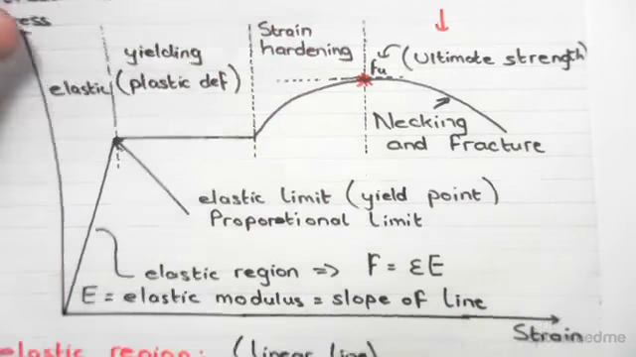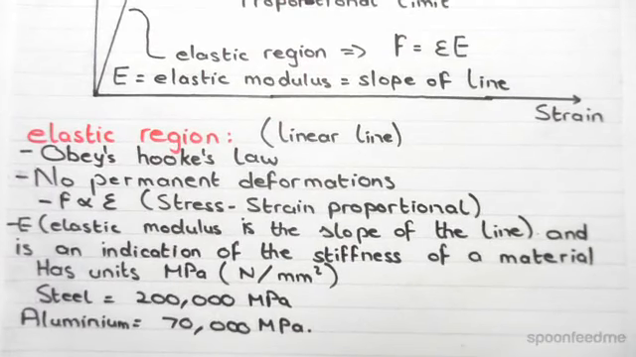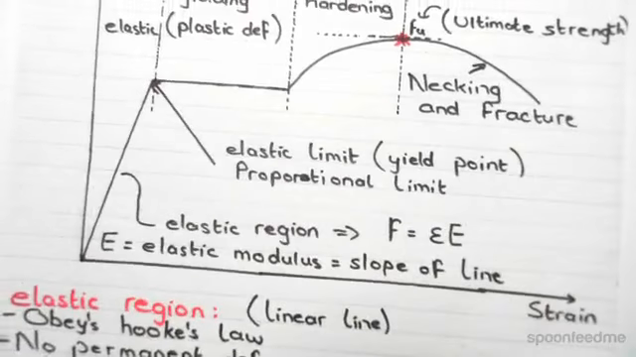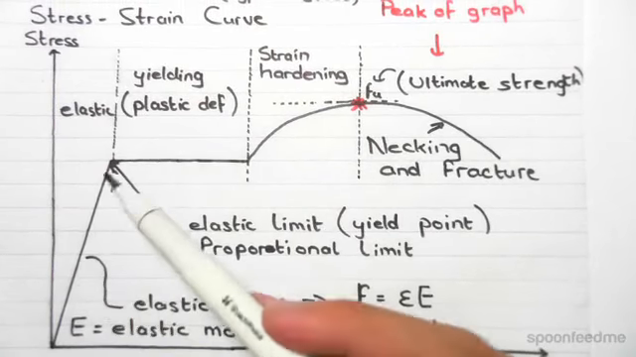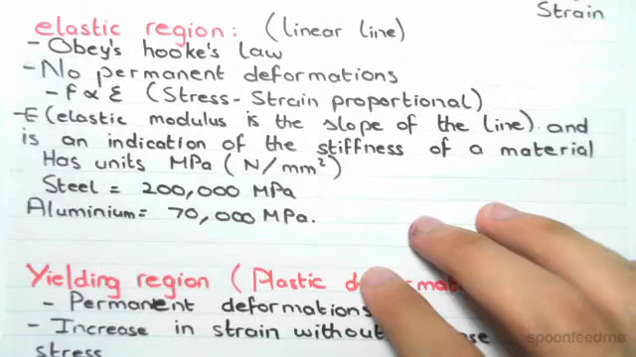Now some properties of the elastic region. First of all, it obeys Hooke's law. There are no permanent deformations. This means that if we load it and it hasn't yielded yet, okay. Now just going back here quickly, a point that I didn't mention, the elastic region is before yielding. Okay. Now going back here,